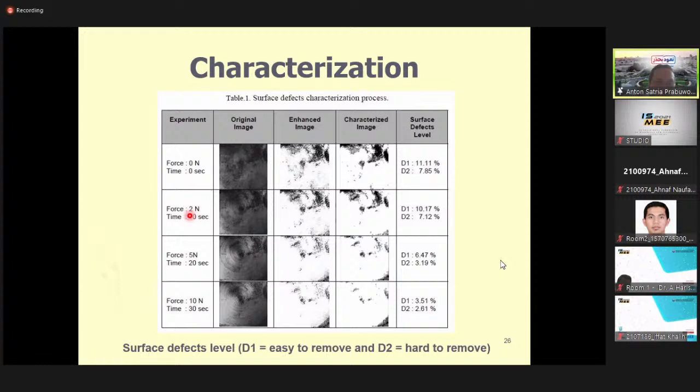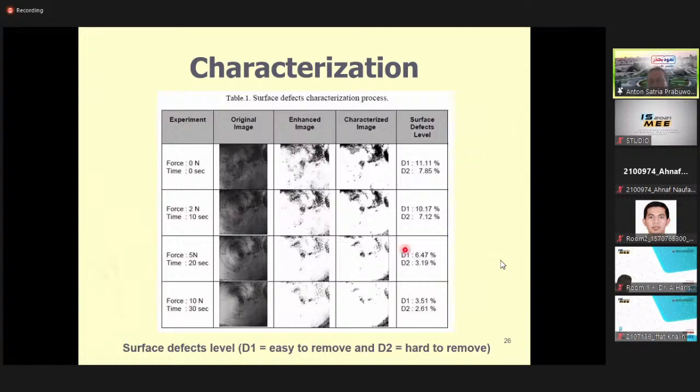Then for the second step, we put the force at 2 Newton and the time duration of the polishing at 10 seconds for the robot. It removed some parts of the defect, so D1 became only 10% from 11, and D2 went from 7.8 to 7.12. Then when we increase the force to 5 Newton and the time duration from 10 to 20 seconds,